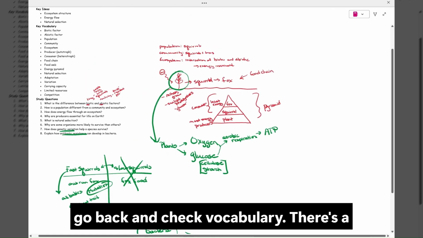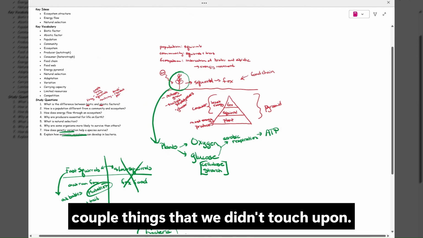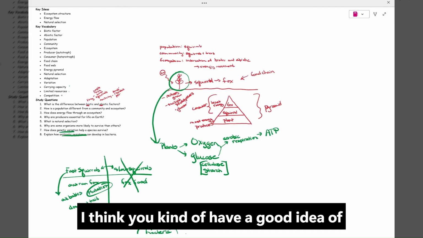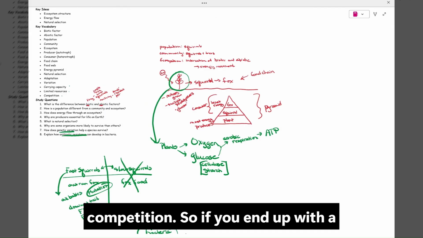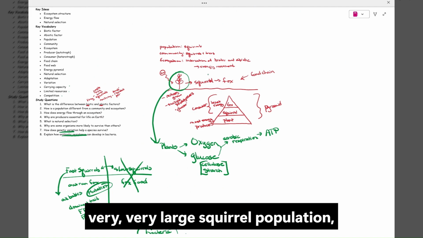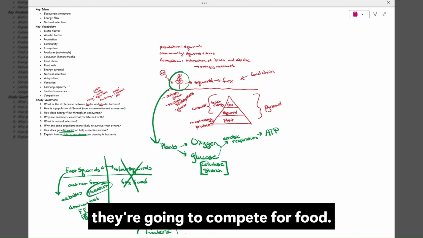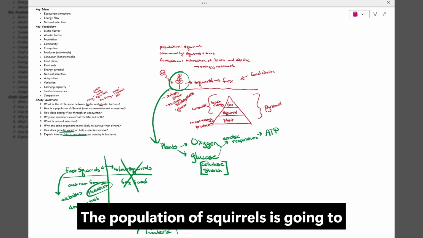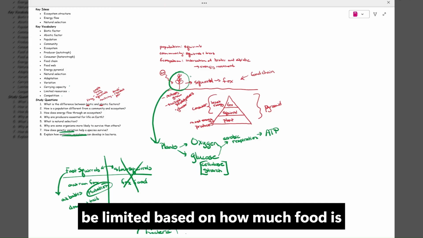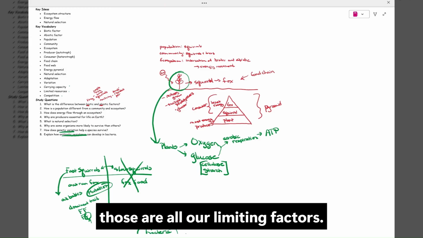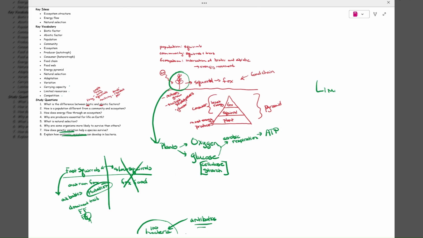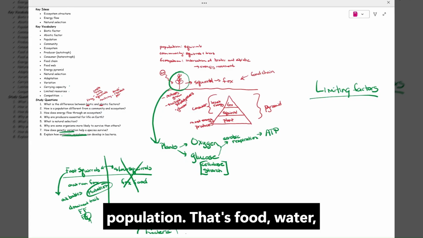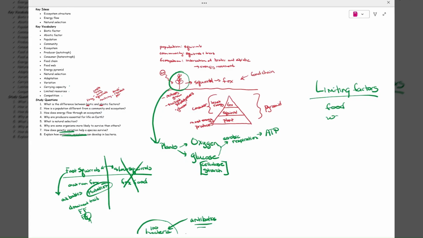Let's just go back and check vocabulary. There's a couple things that we didn't touch upon. Carrying capacity, limited resources, and I think you kind of have a good idea of competition. So if you end up with a very, very large squirrel population, they're going to compete for food. The population of squirrels is going to be limited based on how much food is there: food, water, shelter, space. So those are all our limiting factors. These are things that limit the size of a population. That's food, water, shelter,